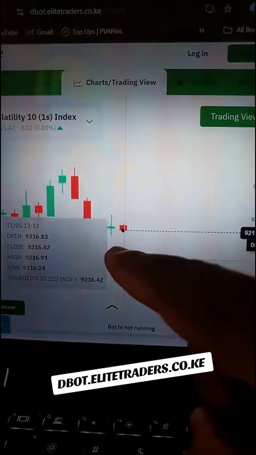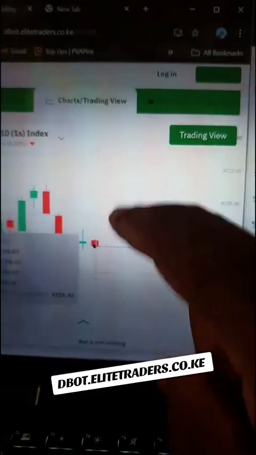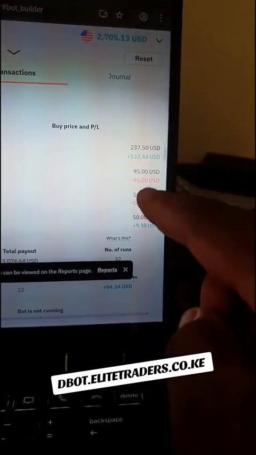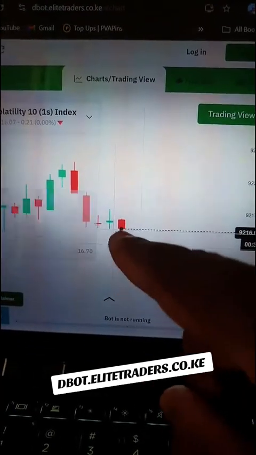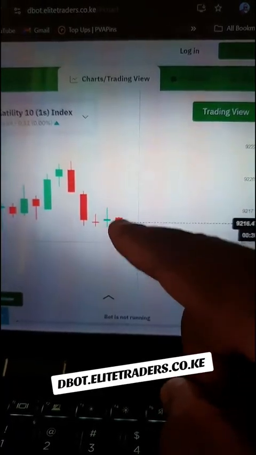Tukimalizia tunarudi nyuma. But on this other side you can actually see the market has gone on a fall. So hapa ukisha manage kupiga recovery yako, just stop. Simama tu. So anytime the market goes on a fall, so you know hapa the market has already reversed. So when the market reverses, just make sure you stop your bot. Ikicha piga reverse, we simamisha bot yako. Otherwise, if you continue trading when the candlestick is on a fall, there are high chances you'll actually hit